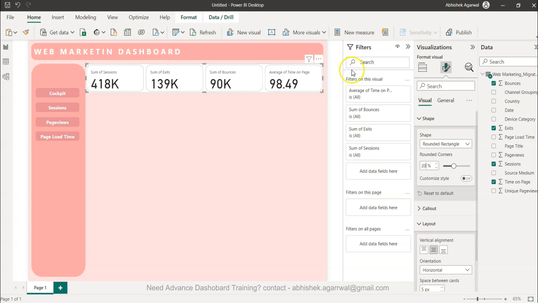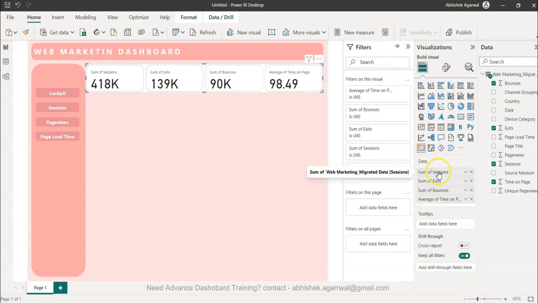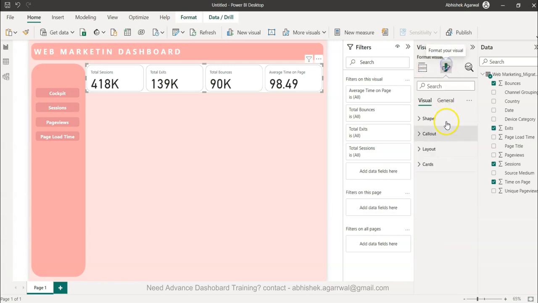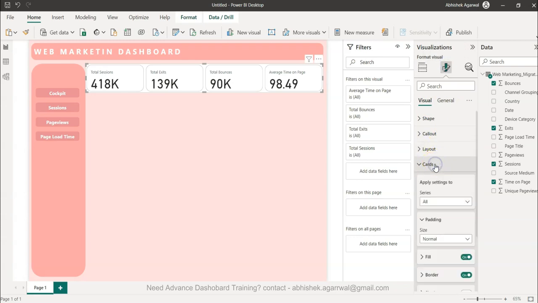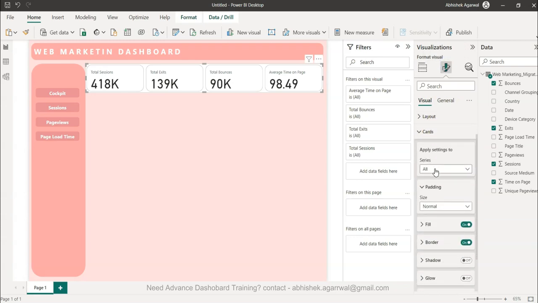So text is already there. The only thing is we have to just make sure that rather than session, we are calling it total session. Rather than exits, we are calling it total exits. Rather than bounces, we are calling it total bounces. Average of time on page, we will call it average time on page. Okay. So once we have done that, we will then come to the cards, and we will apply some of